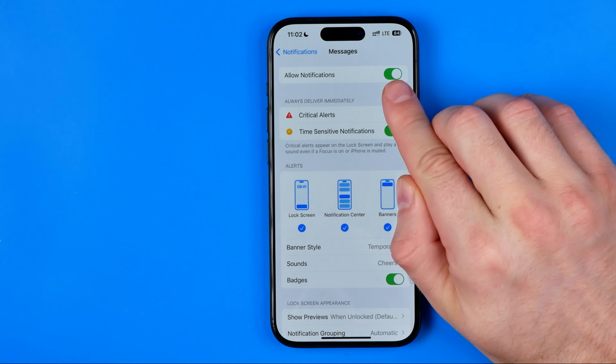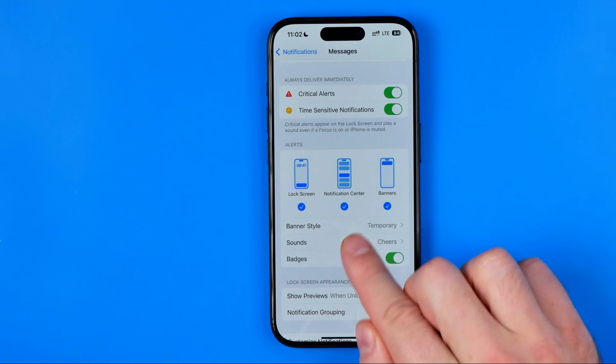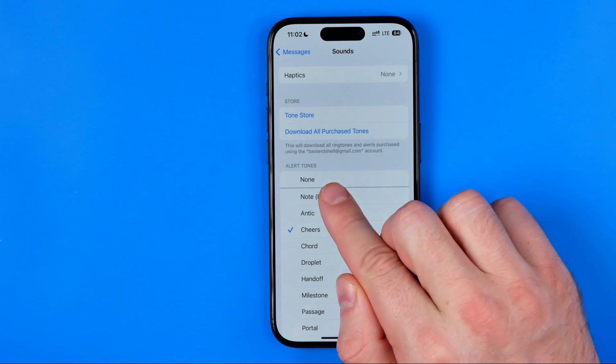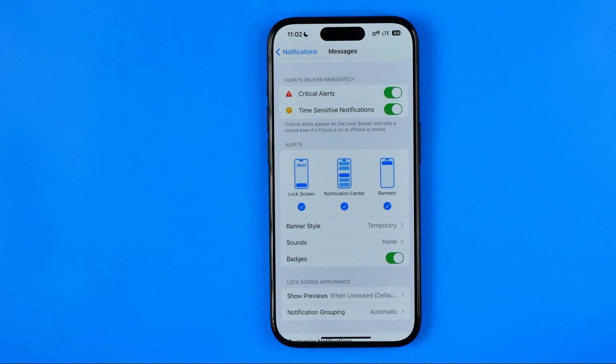you to keep it turned on and then just head over to Sounds, and here we can just turn off the Sounds notification by selecting None here. If you configure it in that way, you will still get notifications from the Messages app, however, all of them will